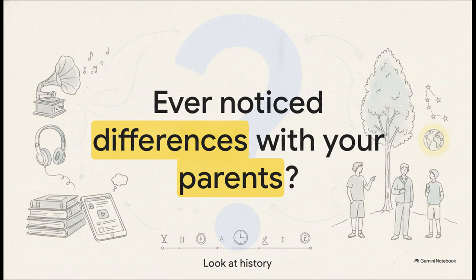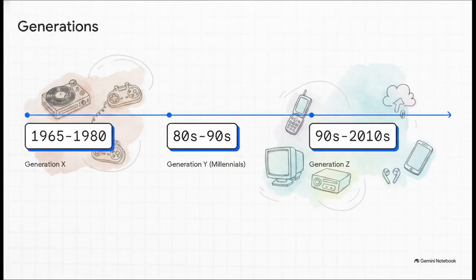But to really understand why this gap exists, we need to take a quick look at history. Look at this timeline. A generation is basically just a group of people who were born and living during the same time period. So first up, we have Generation X, born between 1965 and 1980. This is probably the generation of your parents. Next is Generation Y, born between the early 1980s and the late 1990s. And finally, we have Generation Z, born between the late 1990s and early 2010s. Take a quick look. Where do you fit on this chart, and where do your parents fit? Keeping this timeline in the back of your mind is going to help you so much as we go through